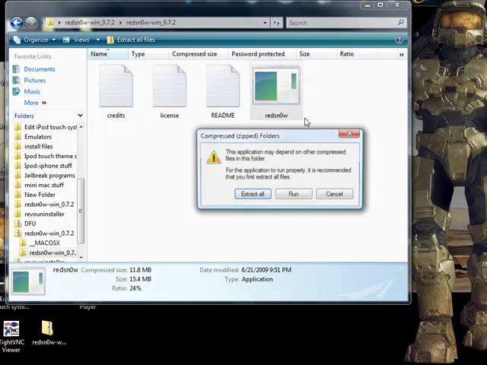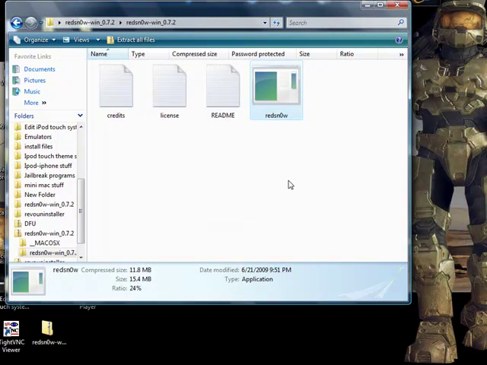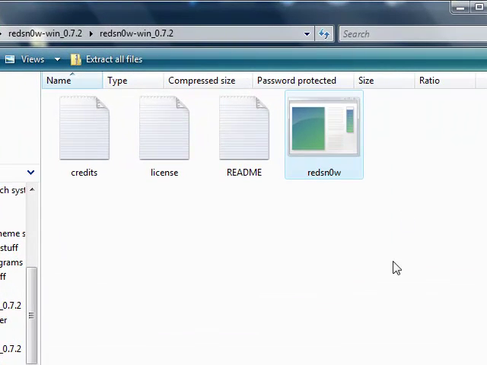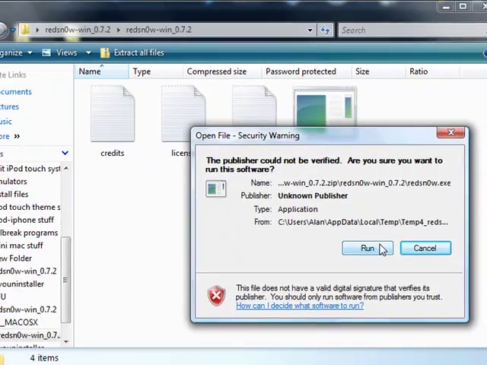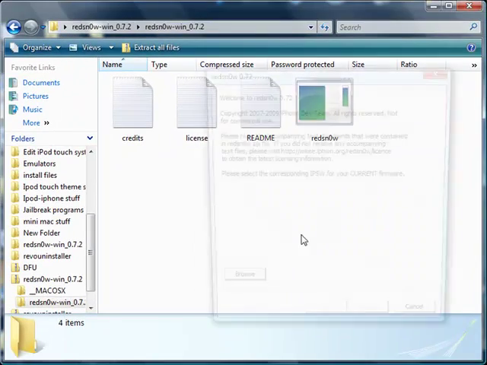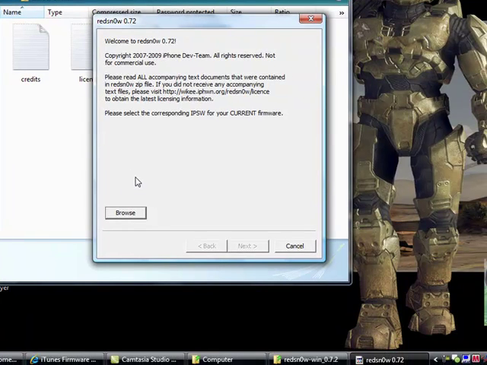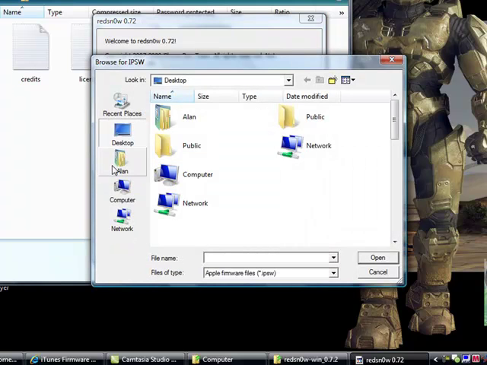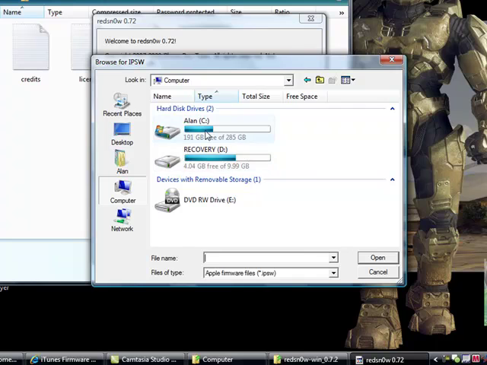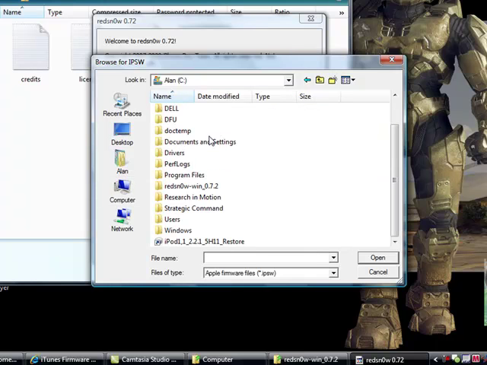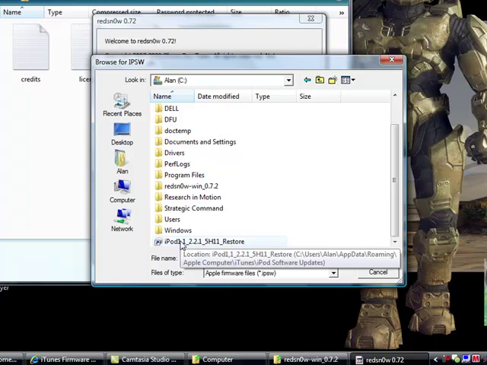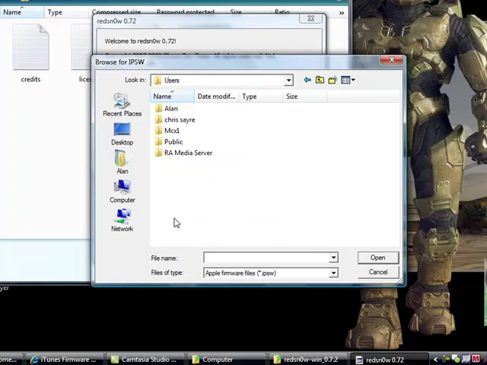Alright, now I'm going to run it. Just click run if it says that again. And run. Okay, now it's going to ask for the IPSW of your current firmware. So you're going to click browse. You're going to go to computer, your hard drive, go down to users, which, that's an old firmware. Go down to users, your user,